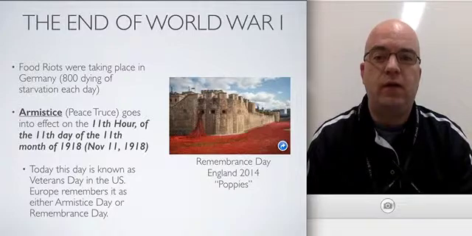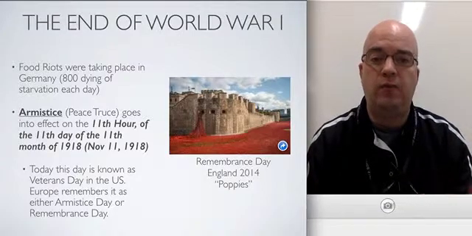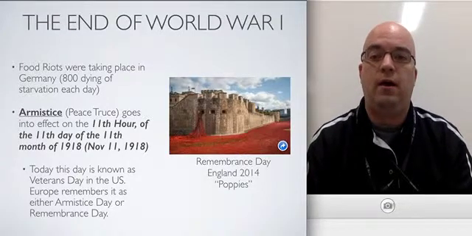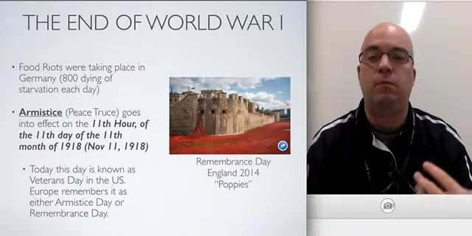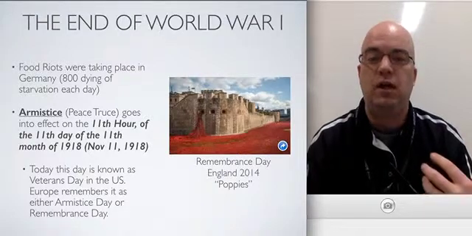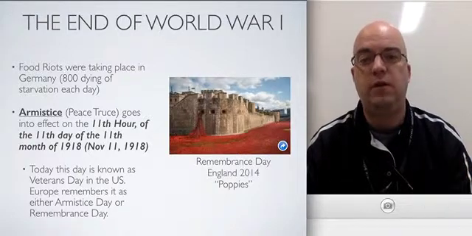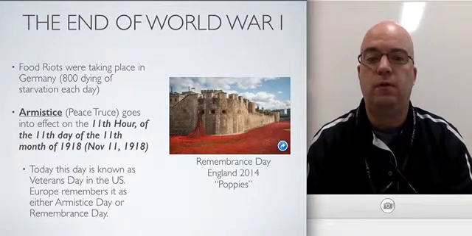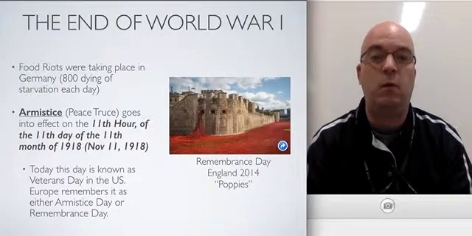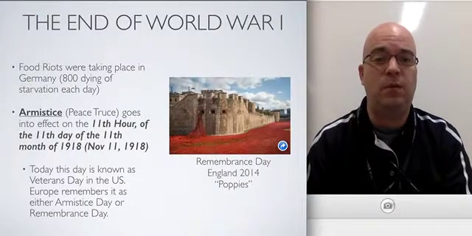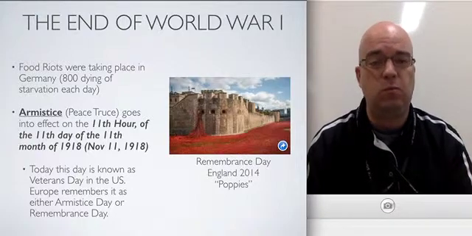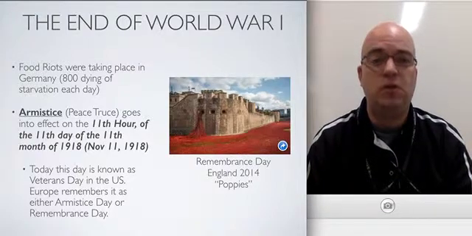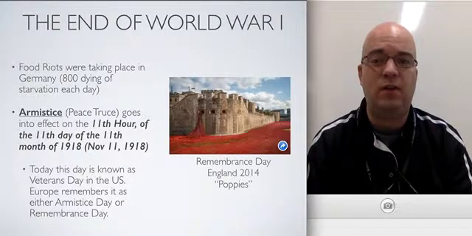World War I comes to an end in large part because of the wearing out of Germany. For the last 4 years, Germany has been beaten down by the Allies of the French and the Belgians and the British and Canadians and all the other parts of the English Commonwealth, and they're starving into submission. With new, fresh American troops coming onto the battlefield, we start to see the Allies able to push further into Germany. But Germany is starving, with about 800 dying a day of starvation.